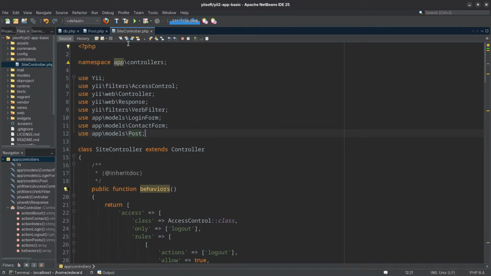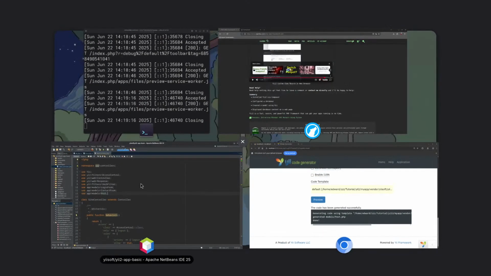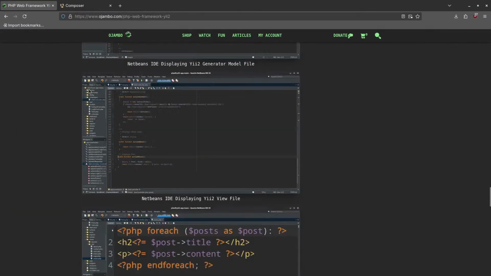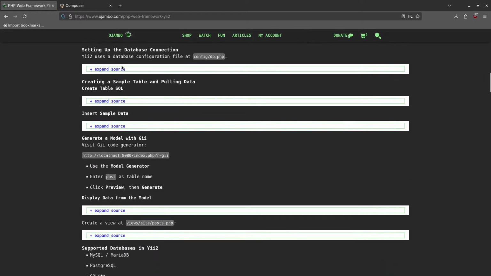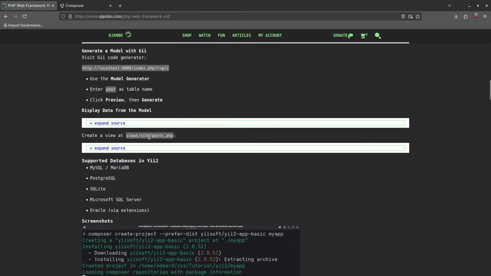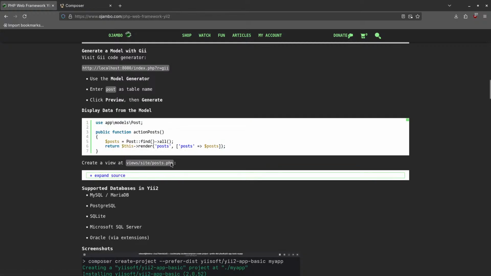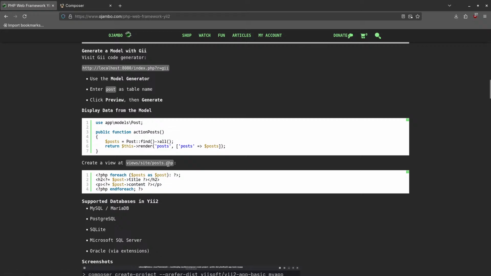So what we need to do now is we need to create the view. If you forget anything, you just go back to the article here. I have all the code here. I'll show you. All you have to do is just expand it. So this was a database. This is how to create it. This is sample data, and this is the code for the view. So I'll just copy this,